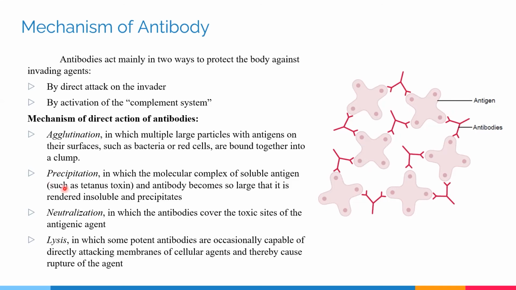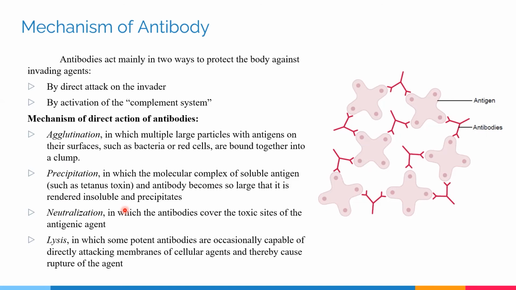Next mechanism is precipitation, in which the molecular complex of the soluble antigens such as tetanus toxin and antibody becomes so large that it is rendered insoluble and precipitates out of the blood. And as it precipitates out of the blood, it is rendered inactive and cannot react or produce some deleterious effect